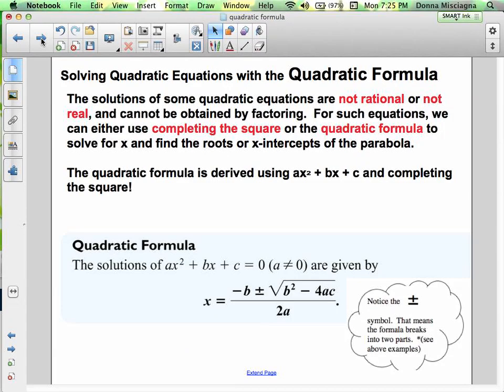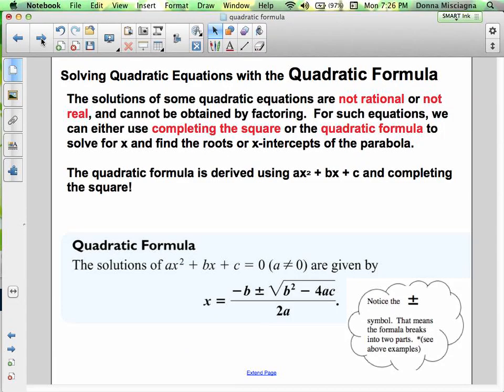The quadratic formula is derived using ax squared plus bx plus c and completing the square. And so here we have our quadratic formula. The solutions of ax squared plus bx plus c equals 0. Of course, a can't be equal to 0, otherwise we wouldn't have a quadratic equation. We'd have something linear if there's no x squared. The solutions are given by x is equal to negative b plus or minus the square root of b squared minus 4ac,